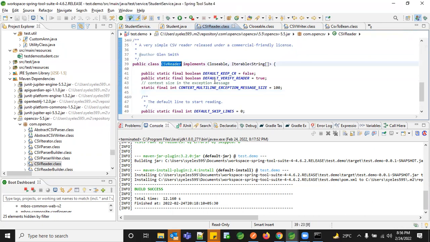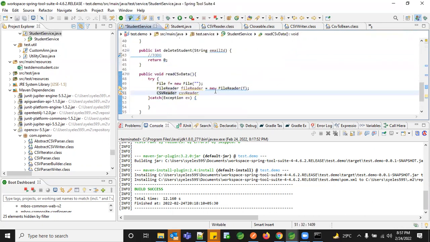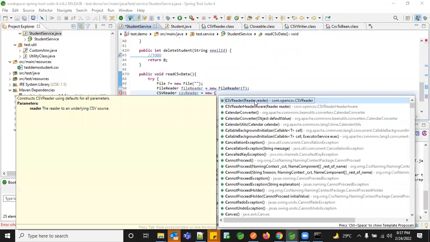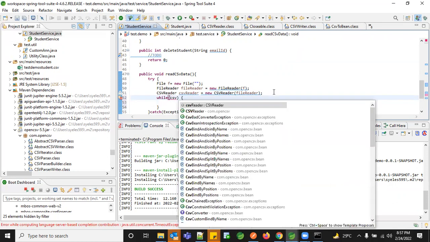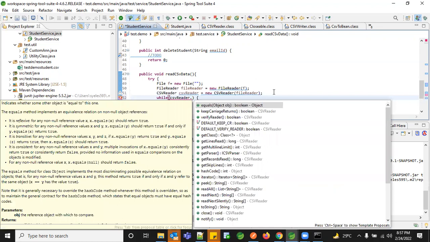Now we'll go back to our reader, and here I'm going to use our object where I'm going to pass this file reader, and with that I'm going to read the data. I'm going to first create the instance. In the CSV reader, you need to pass a reader object, passing this file reader object. This is the file which I'm going to read. And after reading, I'm going to pass it using the read next method. The same way you use a while loop in your reader, we are going to use the same thing, CSV reader dot the read next method.